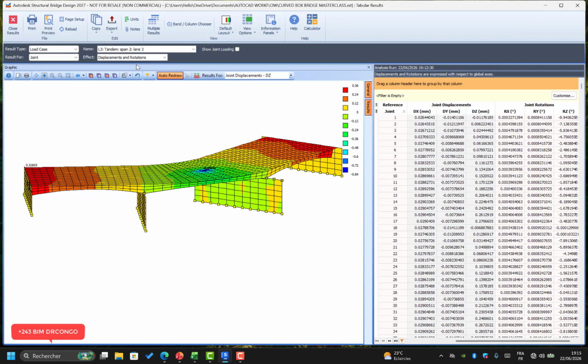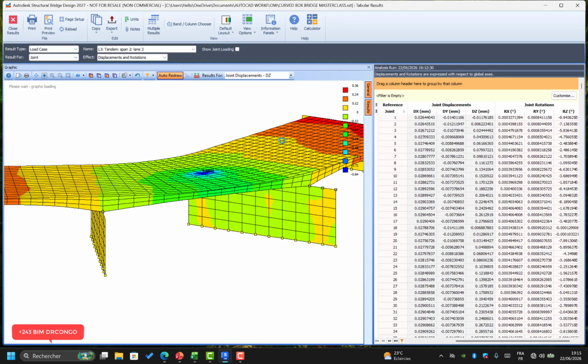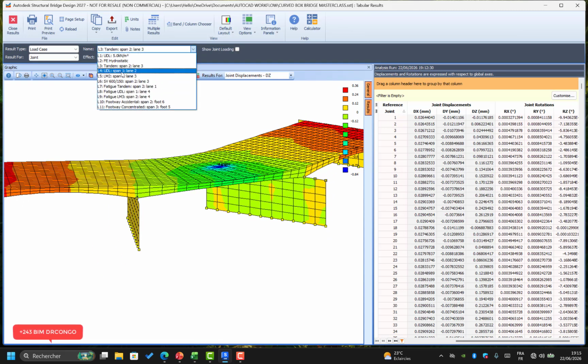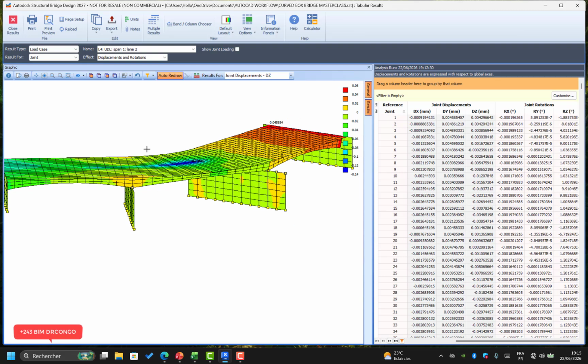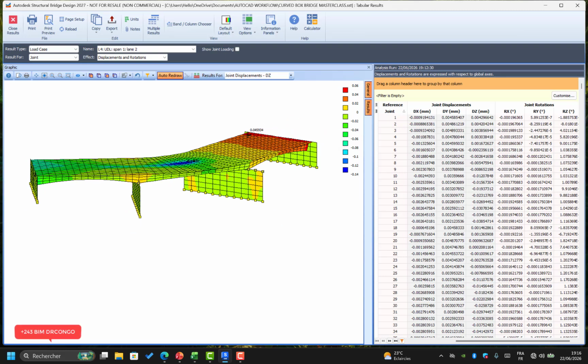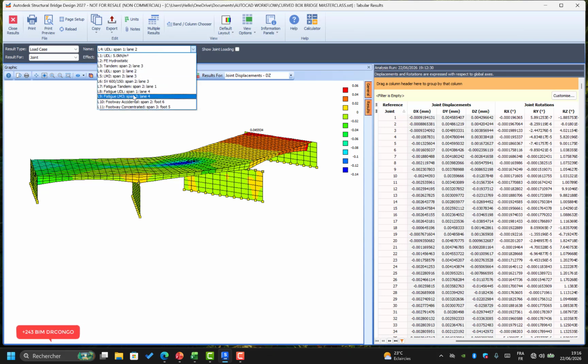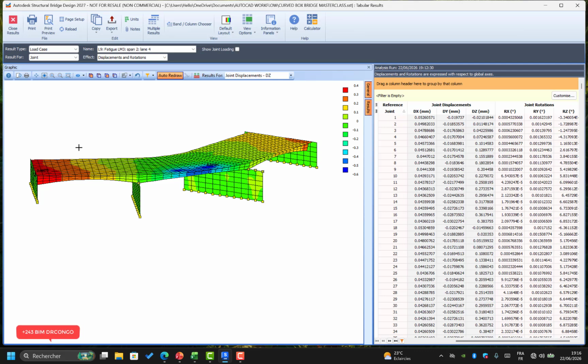So for the tandem span, we can see the effect here of the tandem span. We can verify for idle. We can see here there is some effect. The weak zone, the weak area, is here. We can see the result for displacement, and so I can see the fatigue. You can see here, so after we verify the load case,